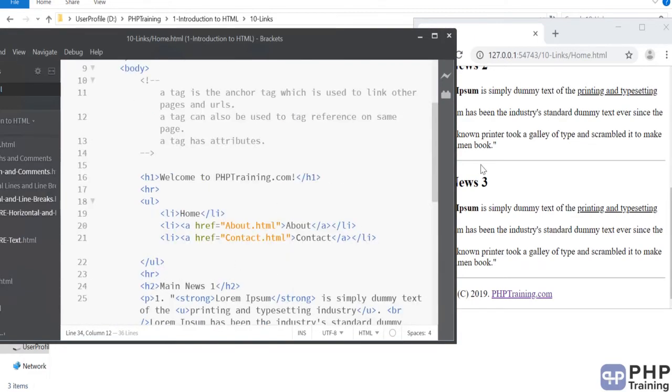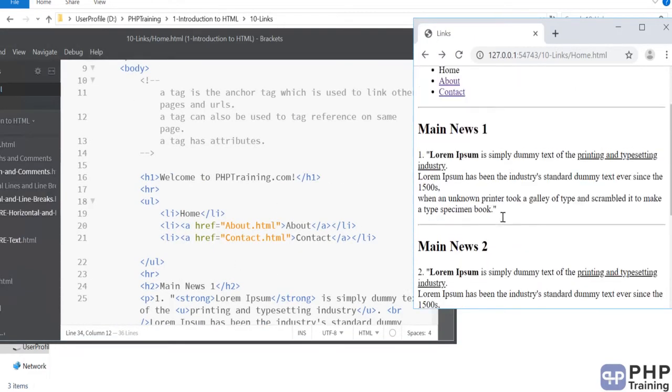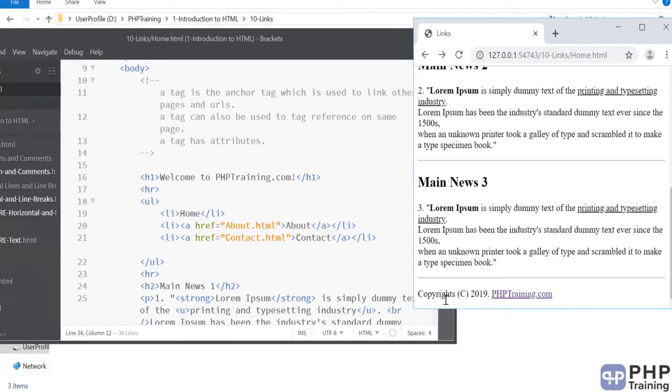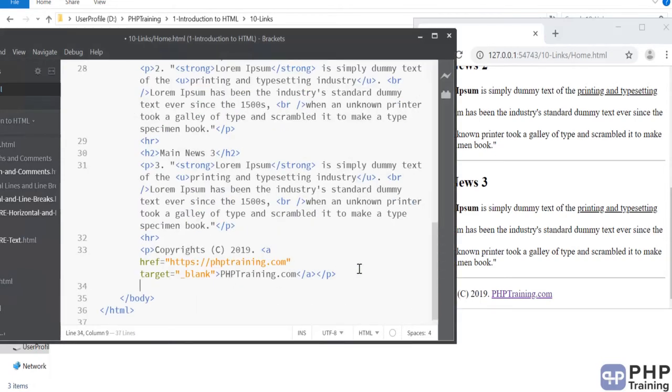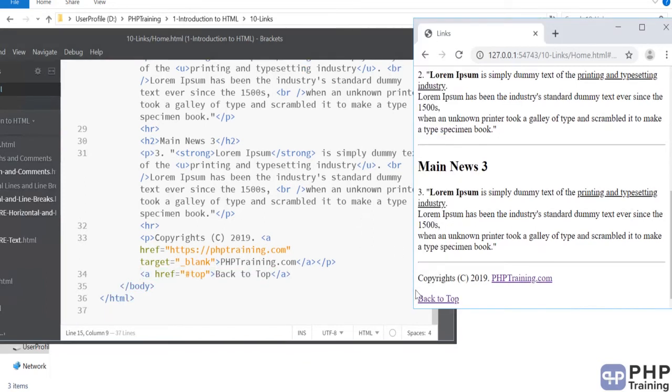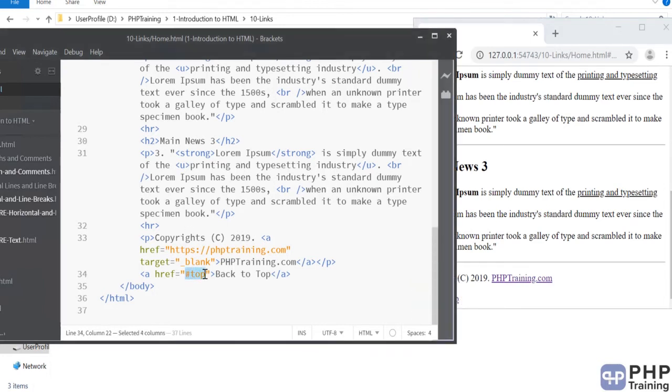And also you see you are scrolling top and bottom, right? You want to add a link somewhere on the bottom to say click to go to the top, right? Let's add that link. I want to say back to top. Okay, so the link is available. So when someone clicks this, it should go to the top, and you have mentioned the anchor as #top.